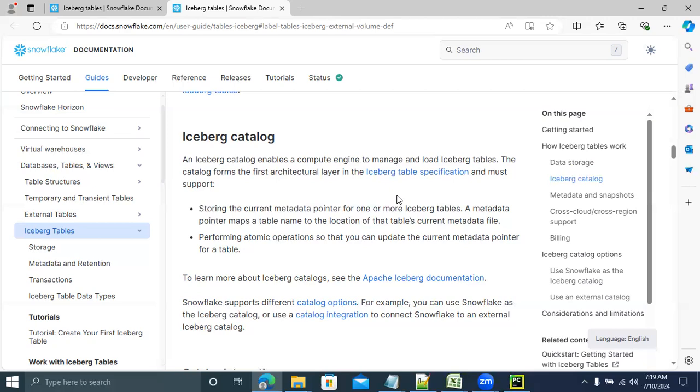The second one is diverse data types. You can store semi-structured, structured, and unstructured data, all kinds of diverse data types in data lakes. The third thing is schema on read.